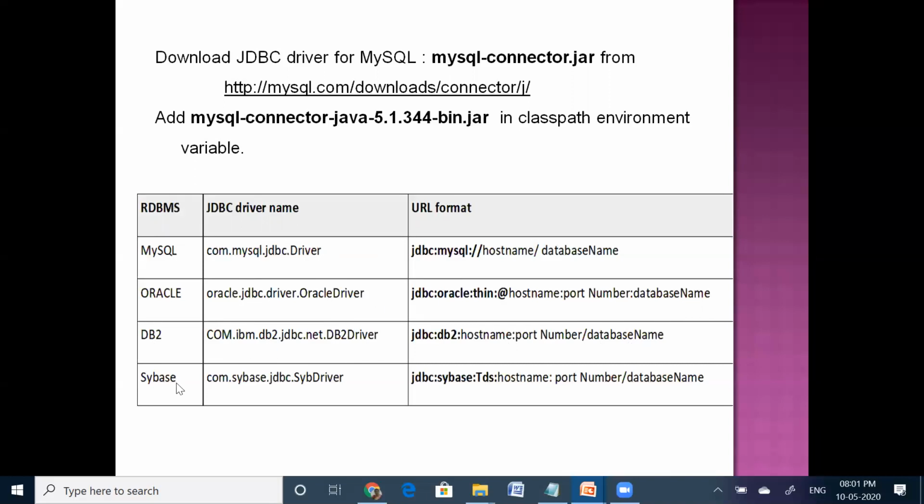Suppose if you are using a Sybase database, this is the driver name and this is the URL format. Okay, compulsorily, if you are interacting with any kind of relational database, we need to remember the driver name as well as the URL format. Okay, in our example, I will show how to connect to the MySQL database. So I need to remember the MySQL database JDBC driver name and the URL format.